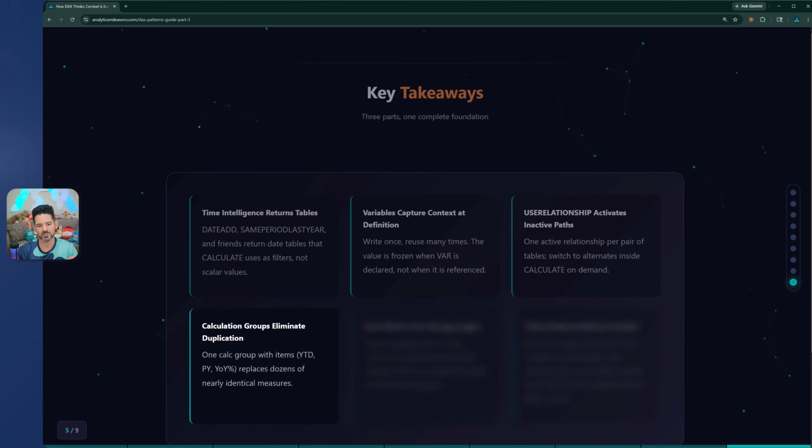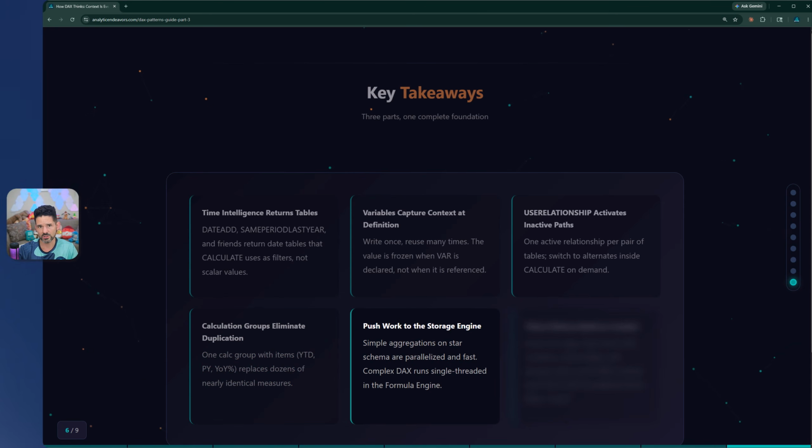Calculation groups eliminate duplication. So one calc group with items such as the ones you see listed here can reduce dozens of nearly identical measures. Pushing work to the storage engine when possible, meaning the model design. When I say pushing work to the storage engine, the better your model design for natural paths for DAX to find relationships and being able to crunch the numbers, the better in terms of performance, just overall, bar none,